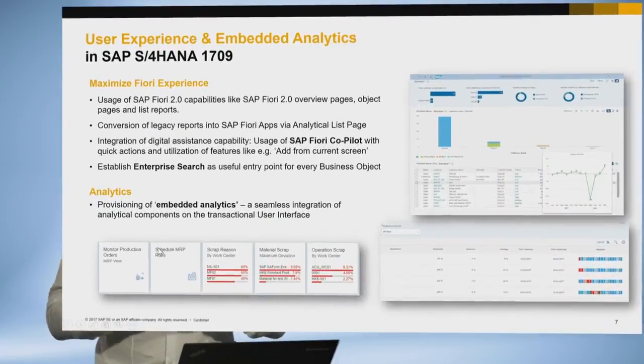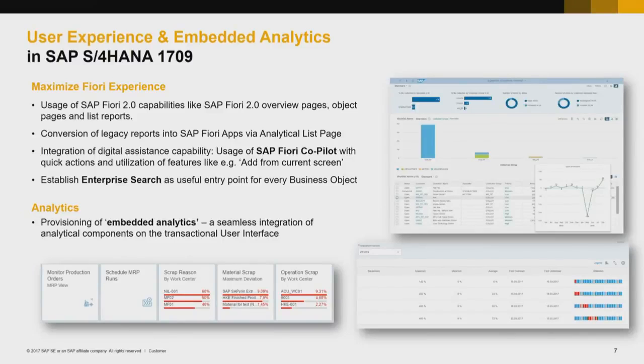First things first, end users, so the ones working with the applications. S/4HANA 1610 brought already for the first time a harmonized UX throughout the suite. With S/4HANA 1709, we are continuing to maximize the Fiori experience for end users, bringing, for example, additional overview pages for different roles, similarly to the already known apps for procurement and sales. With this, end users get all information at a glance, with the ability to drill into details, including, of course,